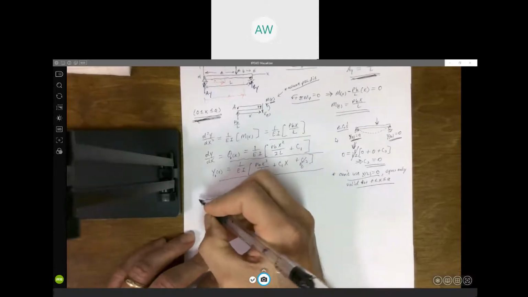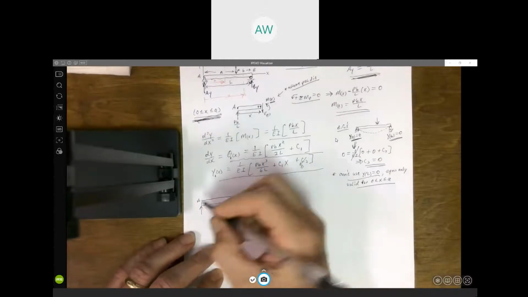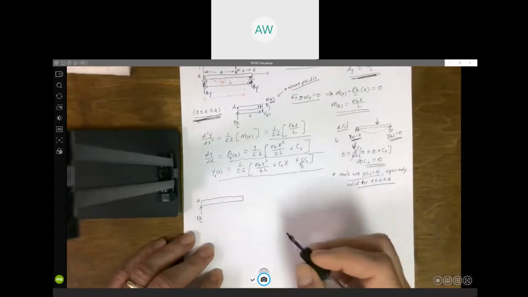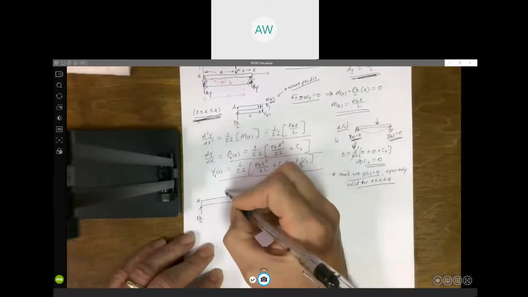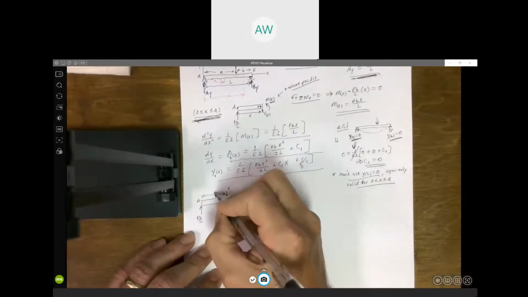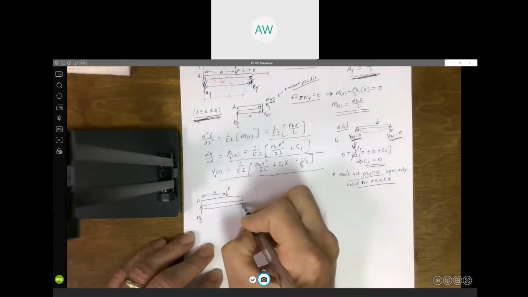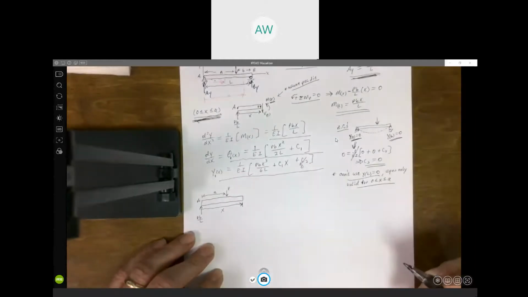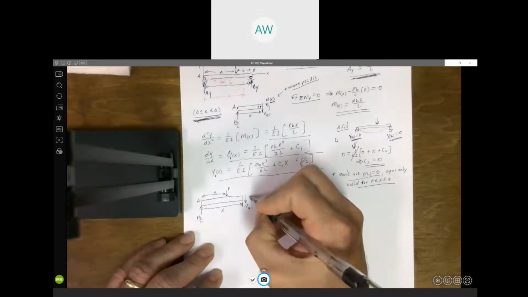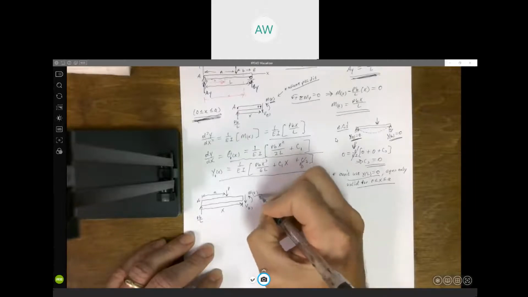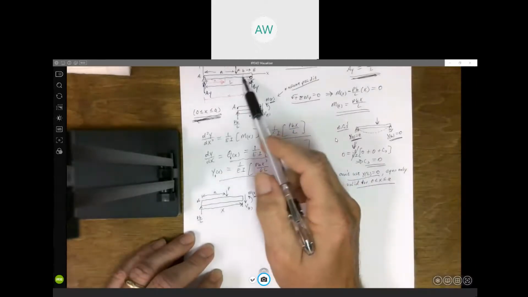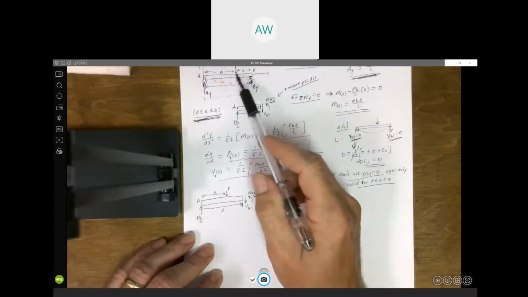Again, this is end A. We've got our support reaction PB over L, and we've got this applied force P here. This location, this distance a, and we're cutting this at some arbitrary position x. And we want to, again, find what this internal bending moment is for this section of the beam between where P was applied and the